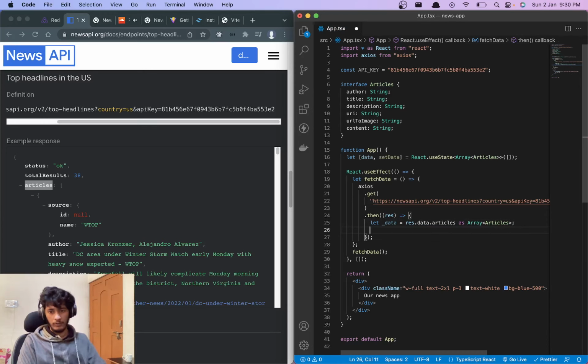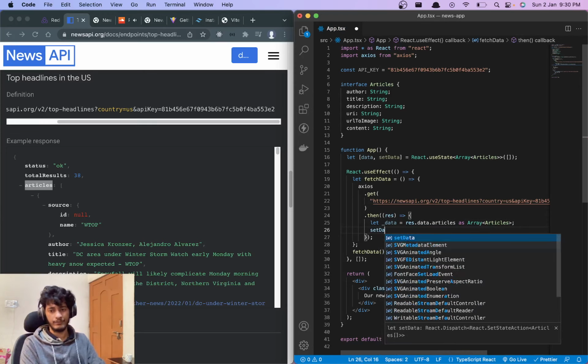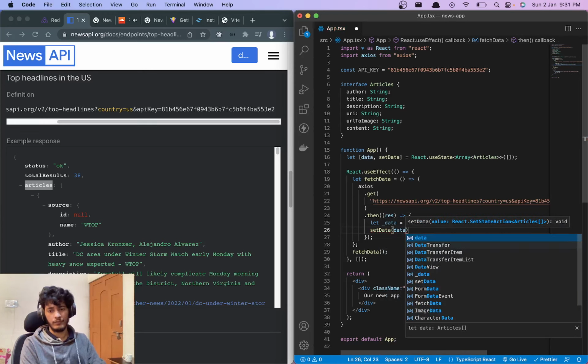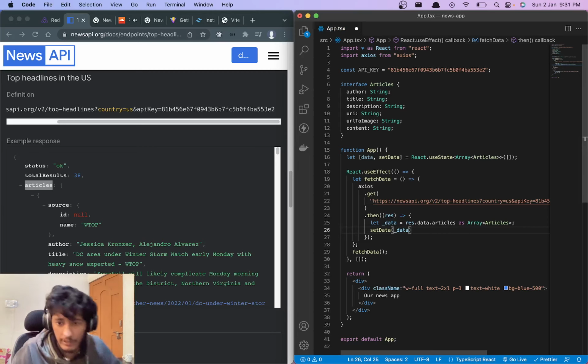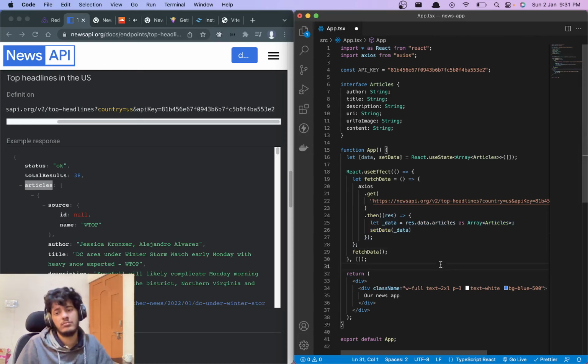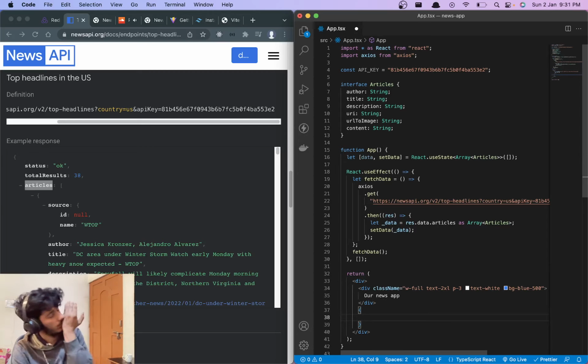Once we have that, we can just set the data. Once we do that, we can go over here and render them.